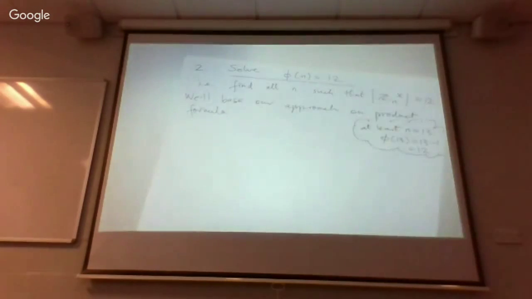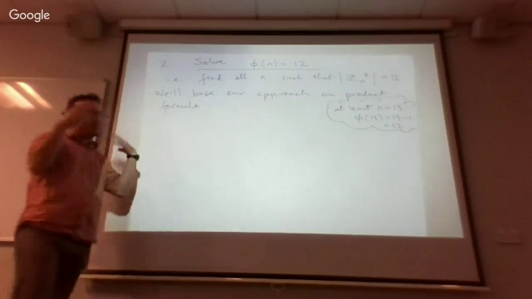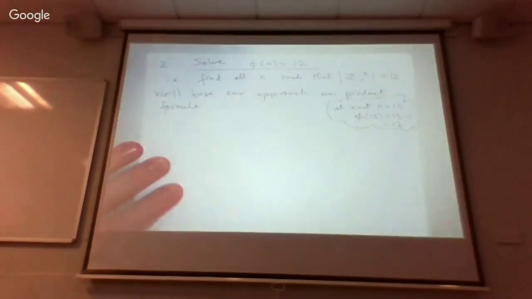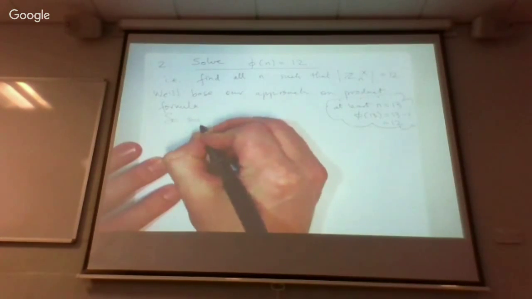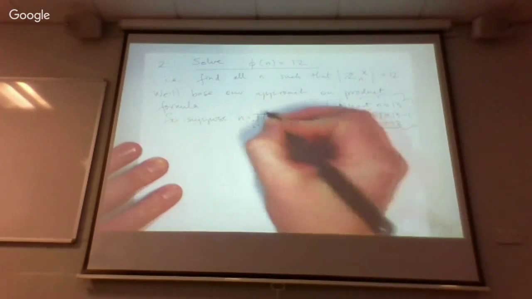But are there any other solutions? Any other solutions come to mind? It's tricky. A couple spring to my mind because I know the answer, but it's not kind of obvious. So we need some systematic way, and it's going to be based on the product formula. So suppose, not knowing anything much about n, we'll start off by supposing that it has